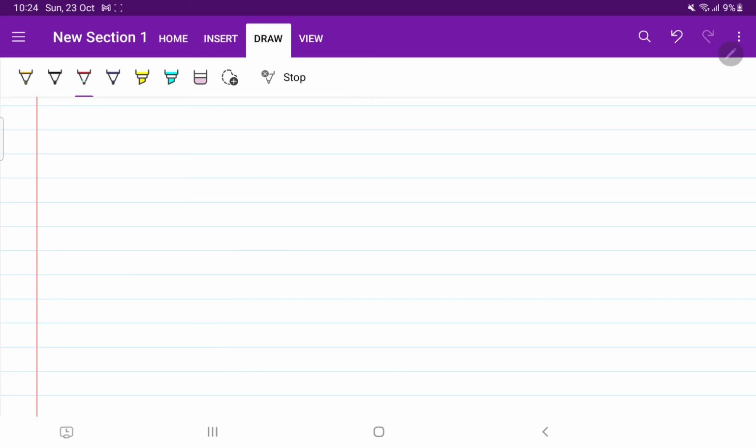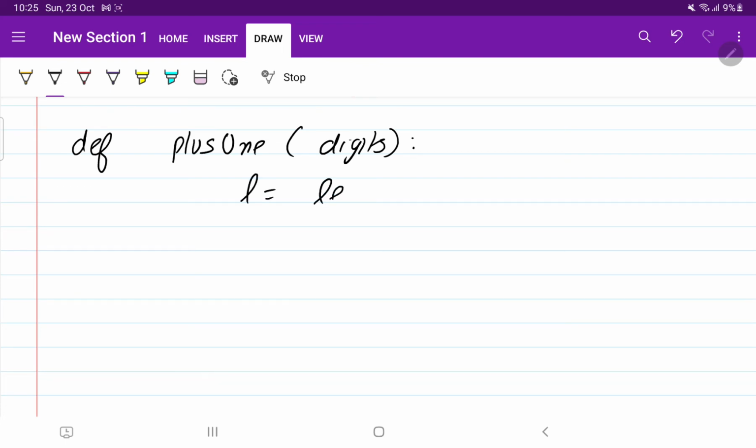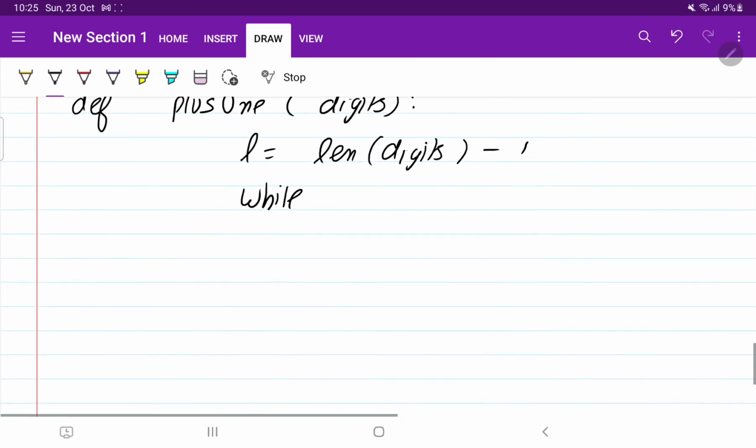Okay, so I will tell you how to write the code for this. Define plusOne as the function name, which will have digits as the array or the list. First of all, we will take L. What will be the L? L will be the length of digits minus 1. Now I will run a while loop, because till the last digit is 9 we need to make the last digit 0, and we need to shift one digit back. So while